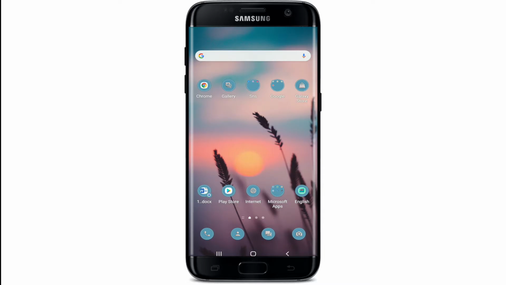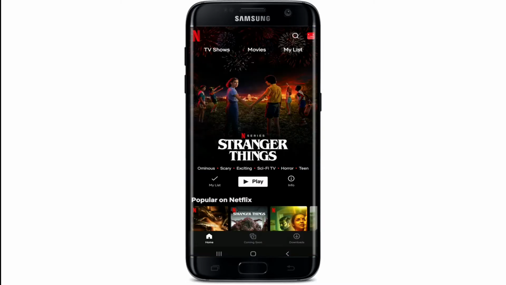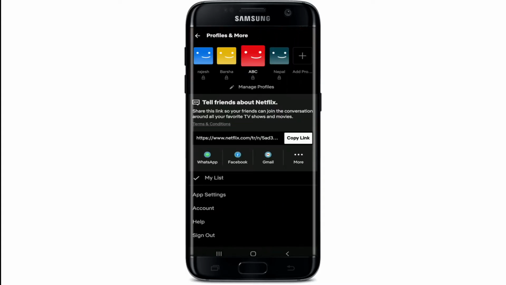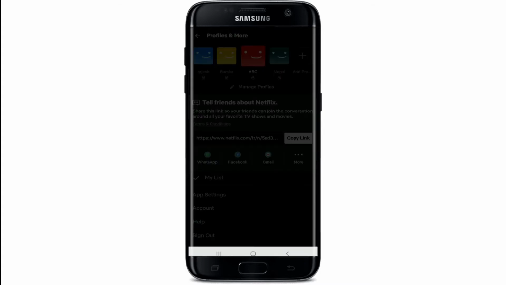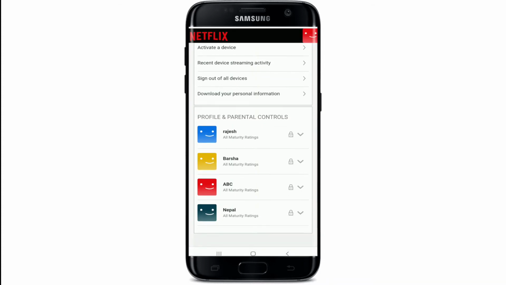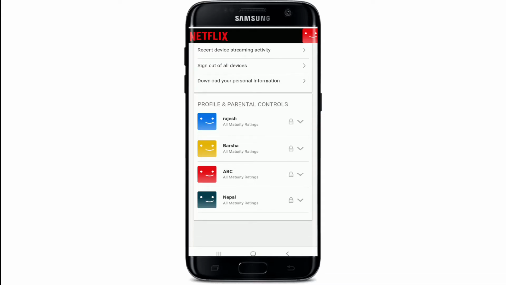Now let's get started. Tap open your Netflix application. Make sure you're signed into your account. And once you are, go to your profile icon in the top right corner from the home page. Now, at the bottom of the menu, tap on Account. Open up with a web browser, scroll all the way down, and under Profile and Parental Controls, select your profile